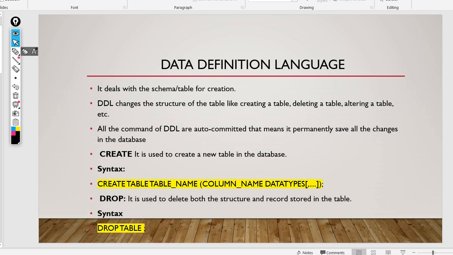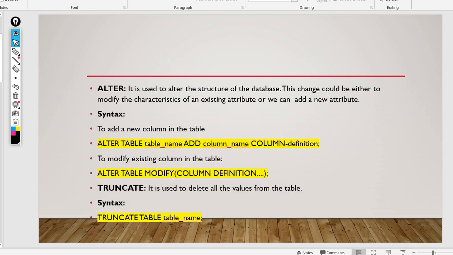Next we'll go with alter. Alter is useful for altering the table, altering the structures of the database. You're going to alter the structure, that is entire in table. You can add any new column or you can modify the column.